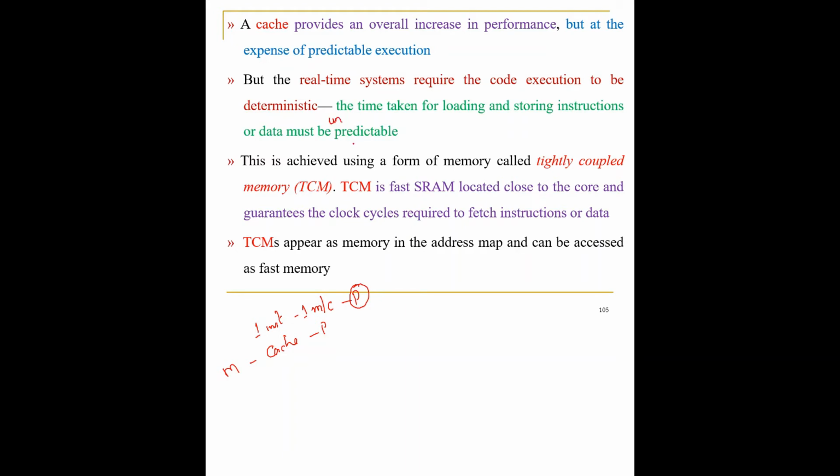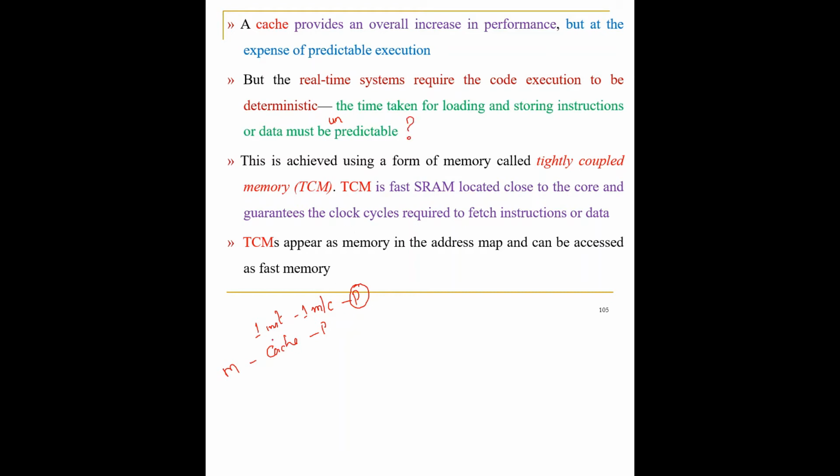You cannot say that it is going to get executed in one single machine cycle. Most of the time it might get executed, but there are chances that it might become unpredictable. This is one of the disadvantages of using a cache memory between the main memory and the processor. Do we not have any solution for this particular problem?